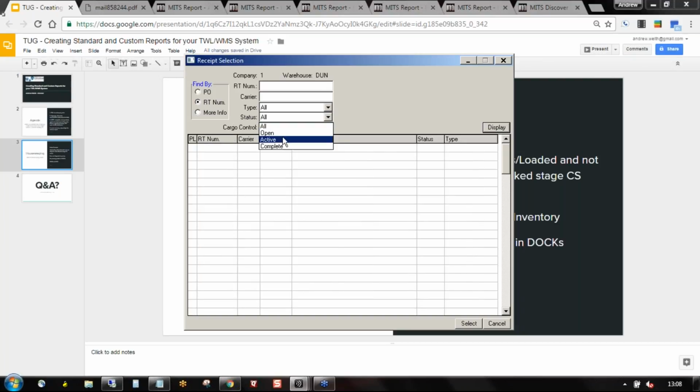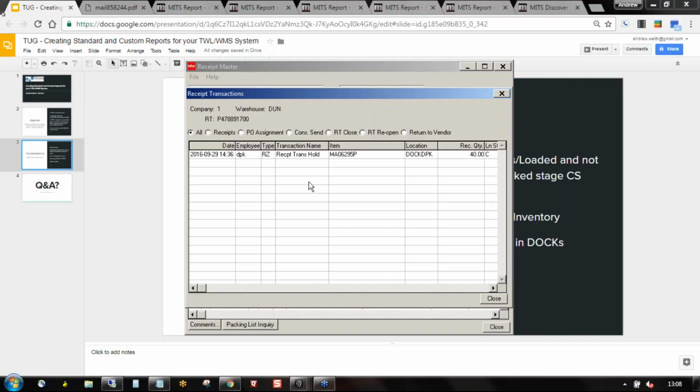And now, what I mean by that is I'm selecting this status active here. And what this is looking for is any PO, transfer, receipt, or customer return that someone has received something, but they haven't performed the close RT function. And if you don't know or aren't crystal clear on what that means, we're not telling SX Enterprise that we've done this yet. So in this example right here, this PO,